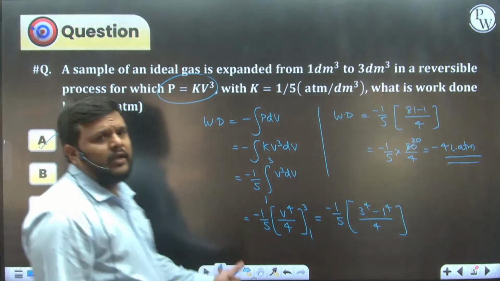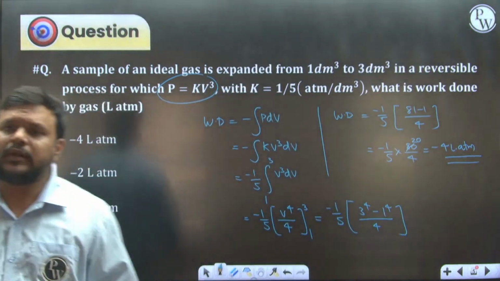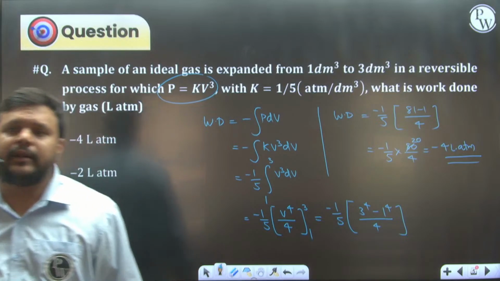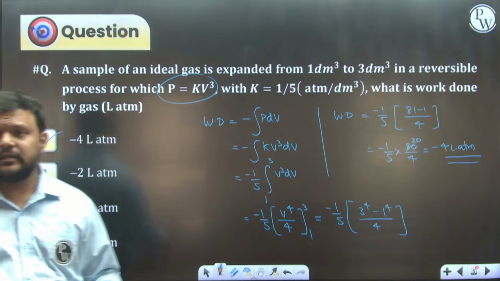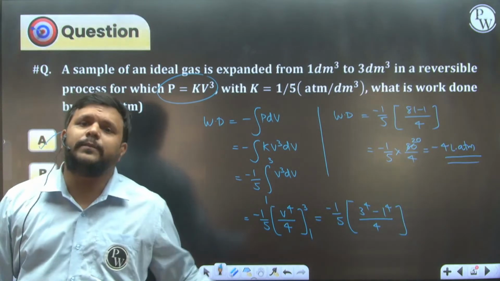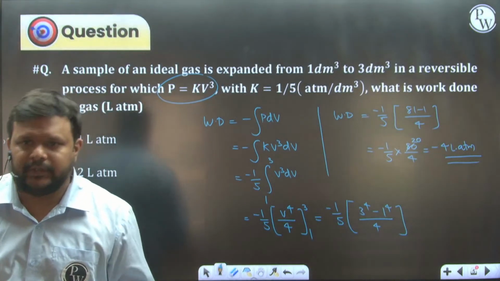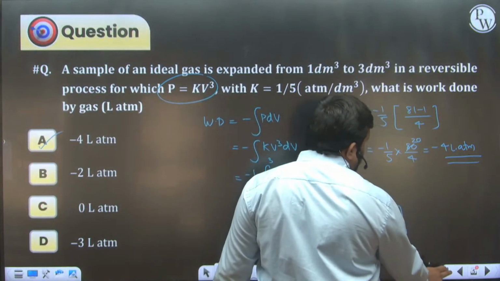So for this kind of question, you must be knowing what is the derivation, what is the basic small work done, so that you can integrate it and get the complete work done over here. And by this definition, you can also derive the work done for all the processes. If by chance you forget any formula, you can derive it. Okay. So let us see the different types of process and their work done.